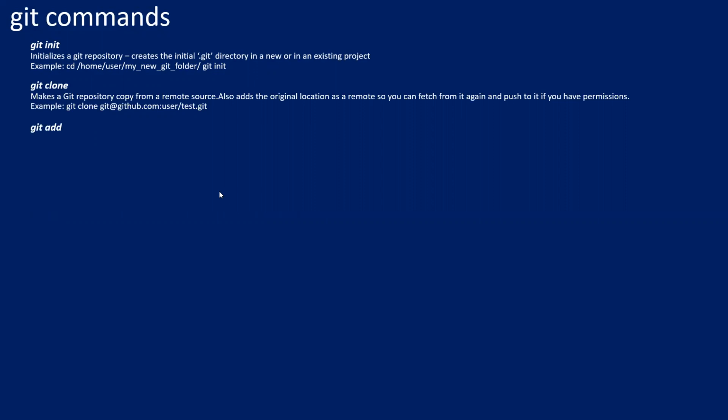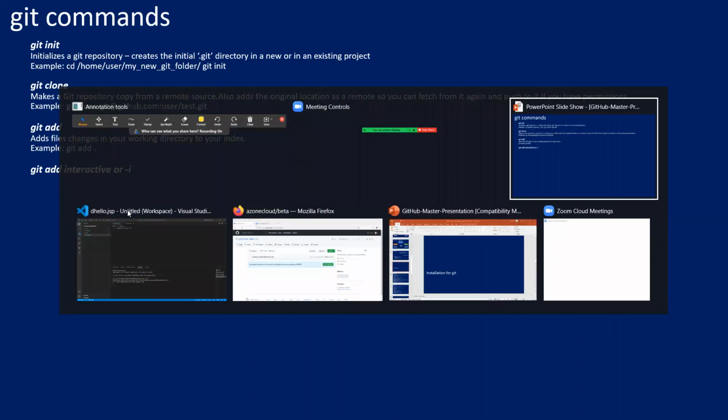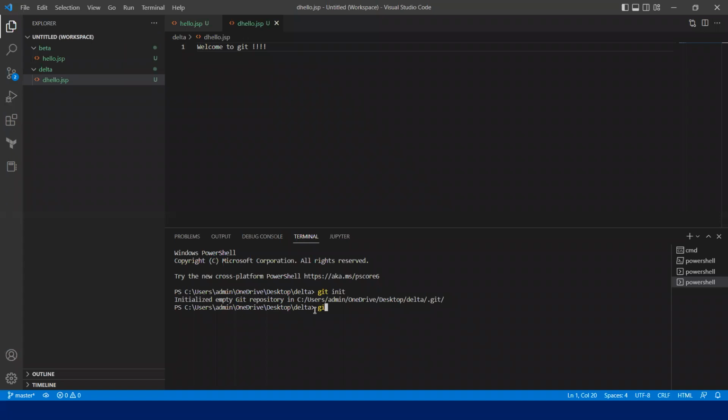In order to contribute the changes, we use git add. It adds all the changes that you have done as part of your working directory. If you want interactive mode, you can type in interactive or -i. So git add -i becomes interactive mode. It will ask what you want to do. You want to see the status, the updates, the differences. You can go ahead and verify those changes. If you want to quit,